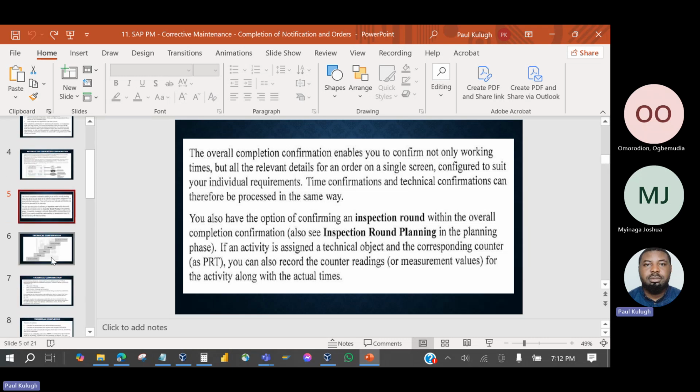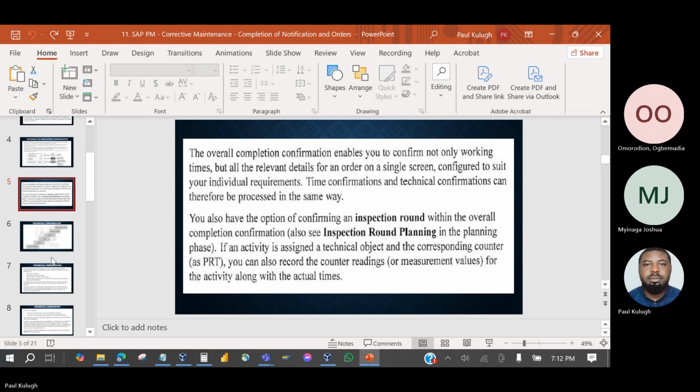So this is everything we have explained here. This one is also saying you have the option of confirming an inspection round within the overall completion confirmation, as seen in the planning. If an activity is assigned to a technical object and the corresponding counter as a PRT, you can also record counter reading. I mentioned this before. So you can record the counter reading